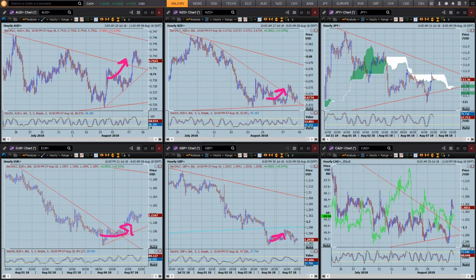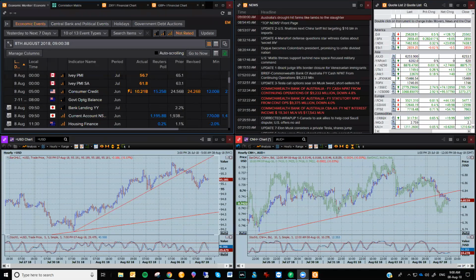Now, when we come over and check out the US dollar, of course you're going to see the opposite move here on the dollar index. It traded sideways through the level. The market got a little bit disorientated and it's drifted lower. Hit a new low there around 95. And it's back up just a little bit.